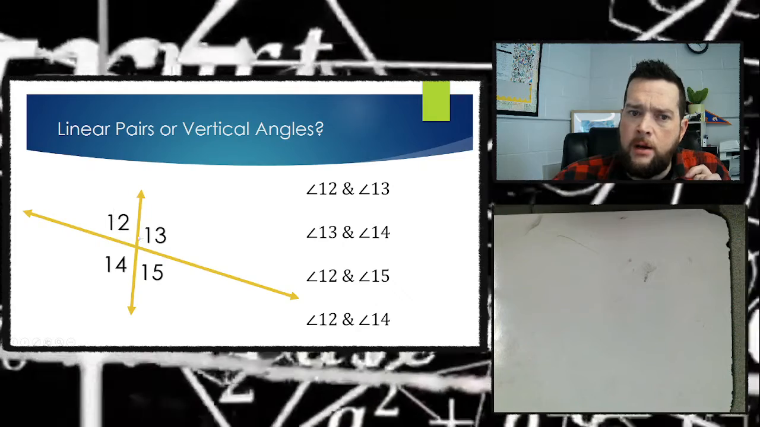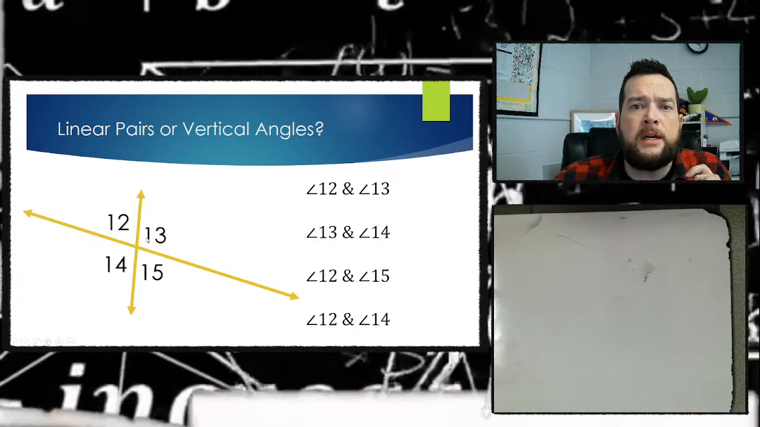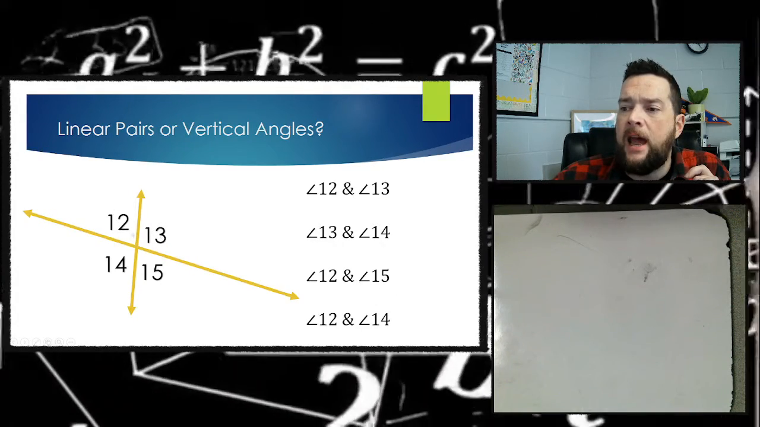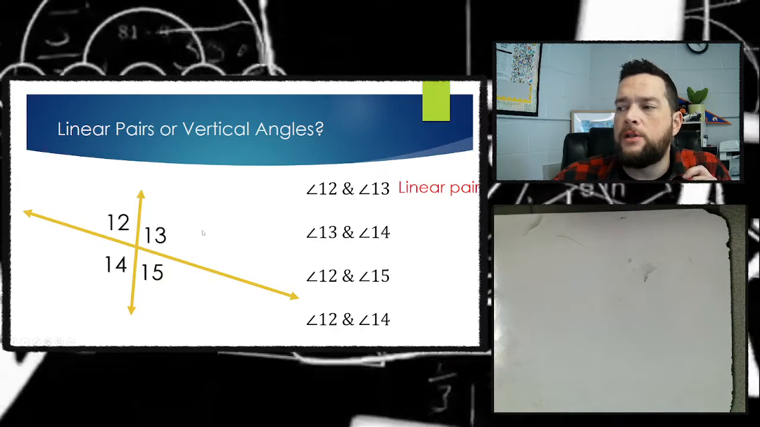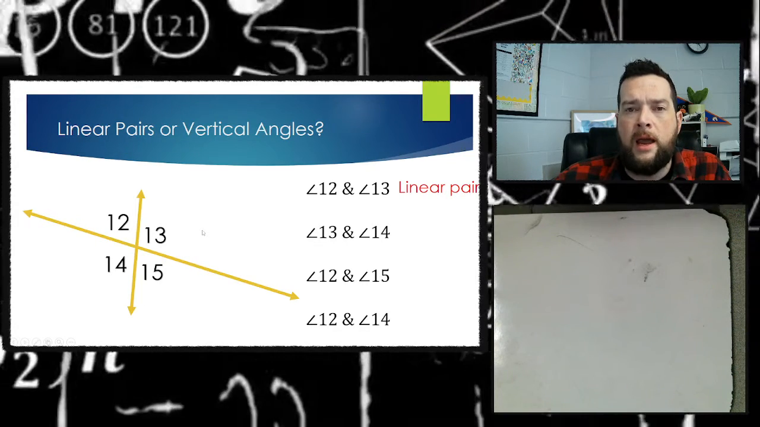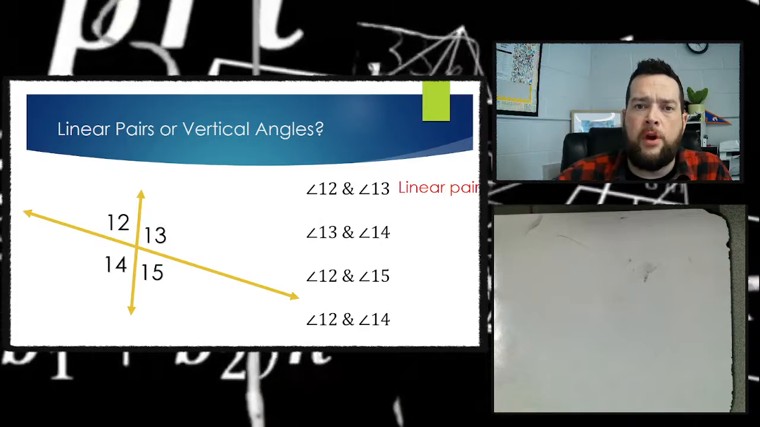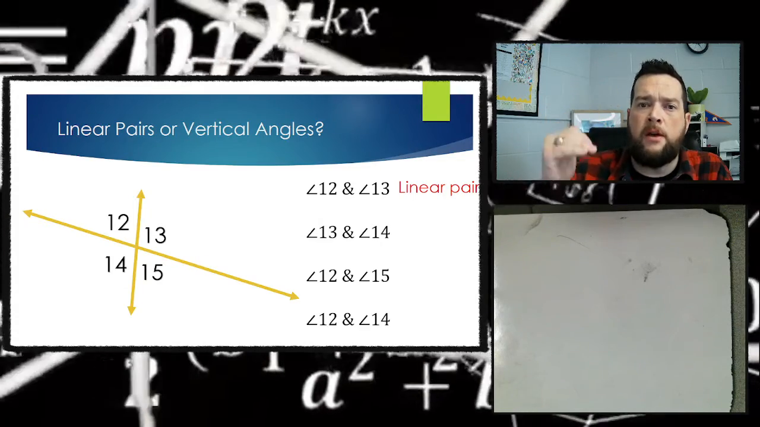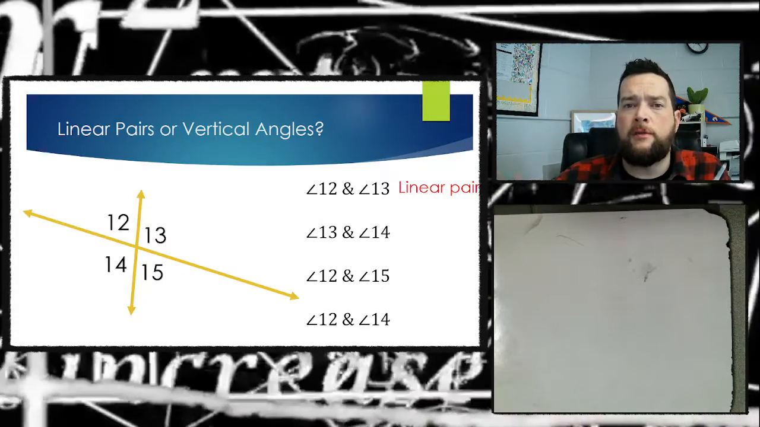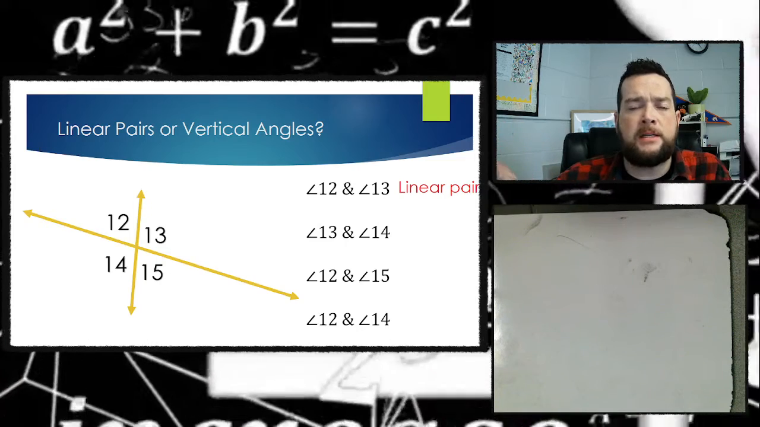12 is right here. 13 is right next to it, all right? And they together make up a line, so those are linear pairs, all right? I want you to try these other 3. Go ahead and pause the video and try the other 3. Tell me whether they're linear pairs or vertical angles, and then unpause it to see if you got the right